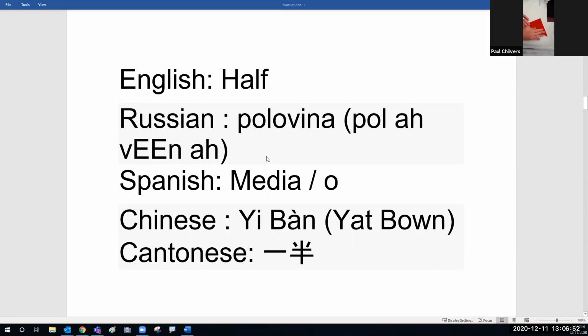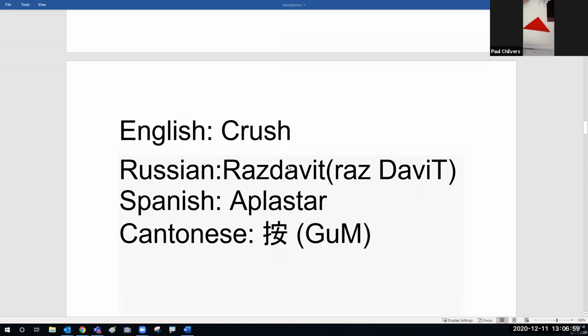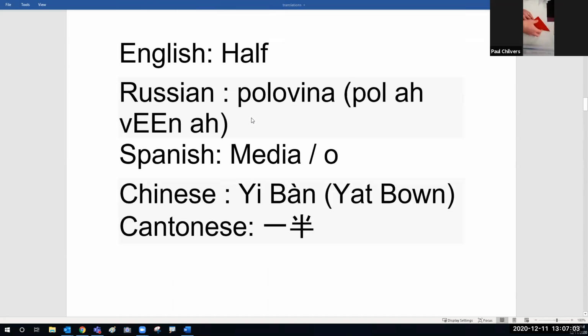Okay, that's half. Oh, now it's a triangle. So two times for the word half. Polovina. Medio.